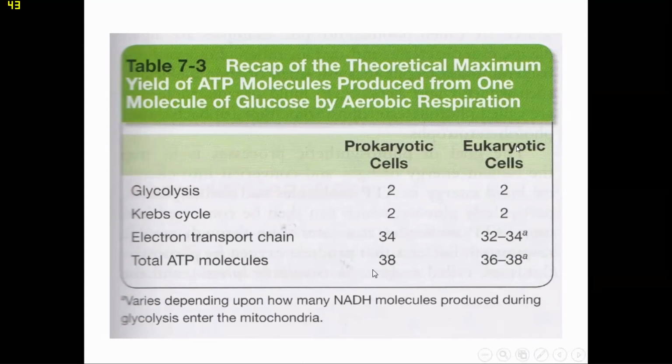يعني خلاصة الكلام انه الالكترون ترانسبورت تشين is the most efficient part of aerobic respiration، ينتج 34 اي تي بي، بينما الجلايكوليسيس والكريبس سايكل فقط 2. تمام؟